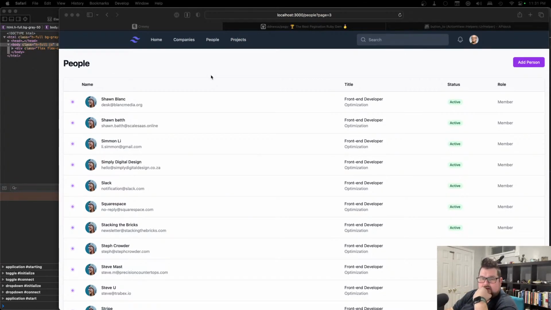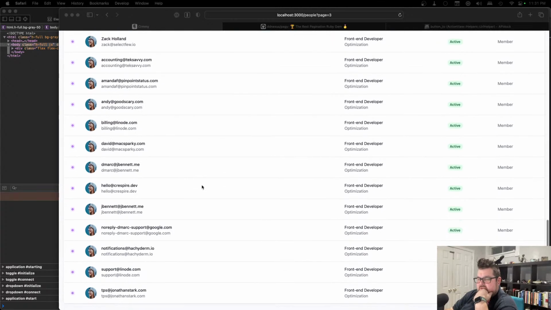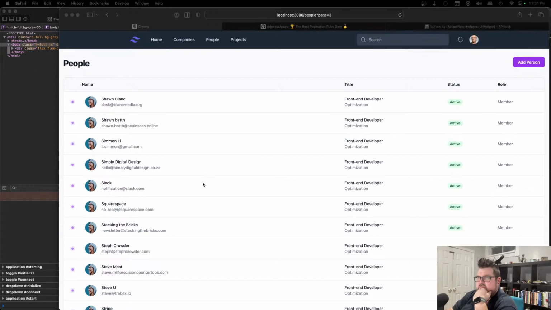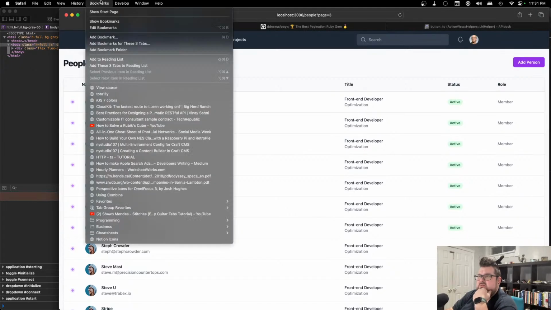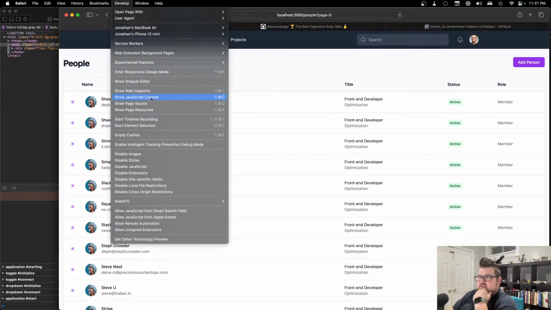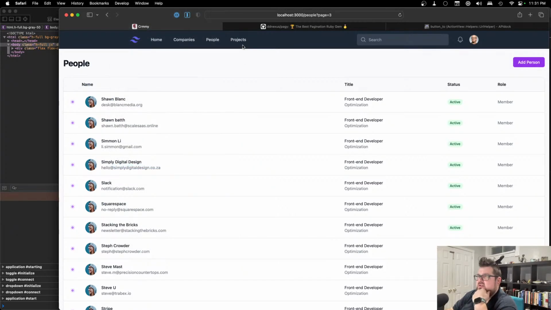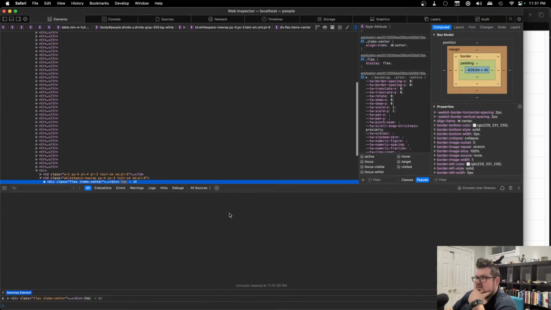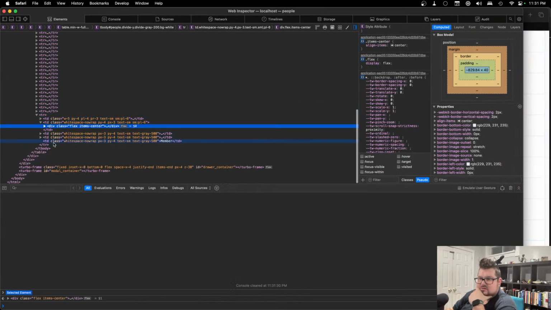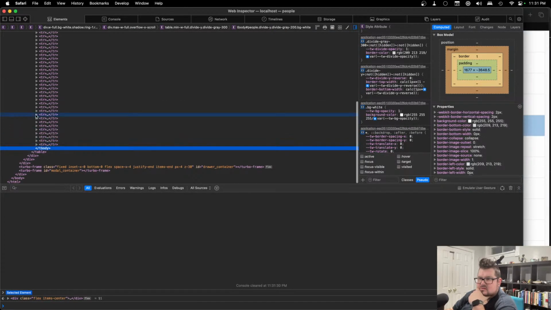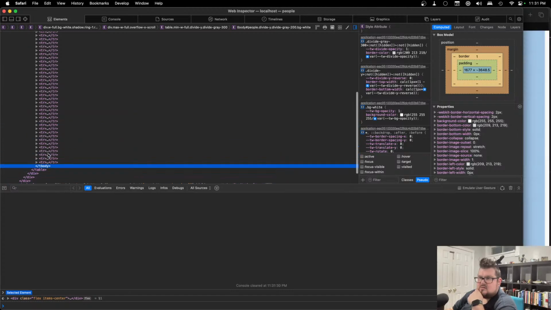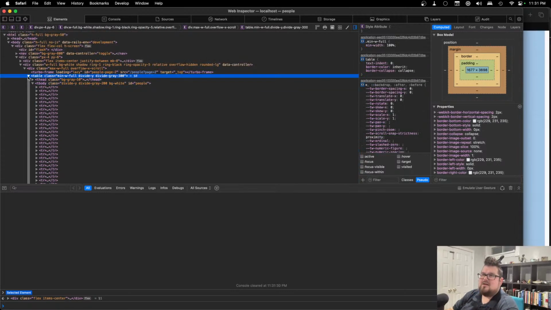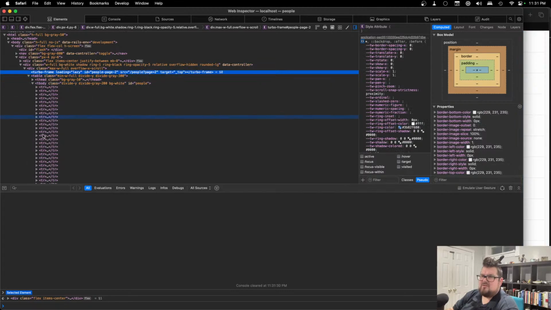So this is why people will pre-record, because you skip over all the fun, frustrating stuff. So let's do this actually. Let's go in here and disable JavaScript for a sec. Let's go to the people page. So let's see what's actually here in the DOM. Turbo frame is not a valid table element,